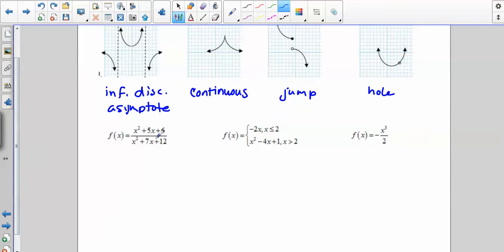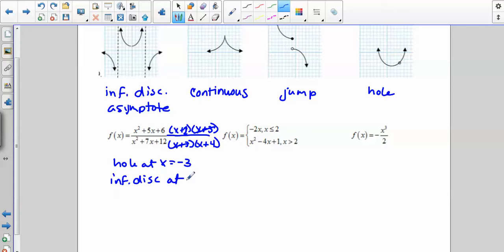All right, now we're looking at some equations without graphs, so I'm going to factor. I have x plus 2 times x plus 3, and the denominator is x plus 3 times x plus 4. All right, so x plus 3 cancels, which means that there's a hole at x equals negative 3, and I still have an asymptote, or an infinite discontinuity,